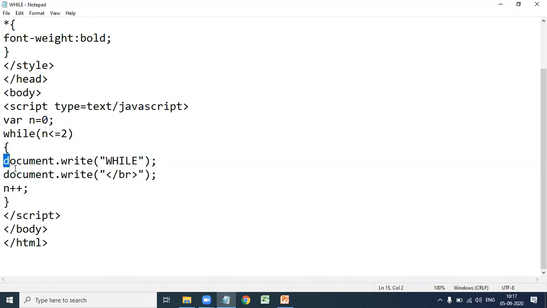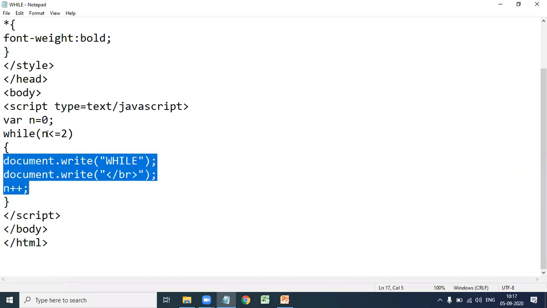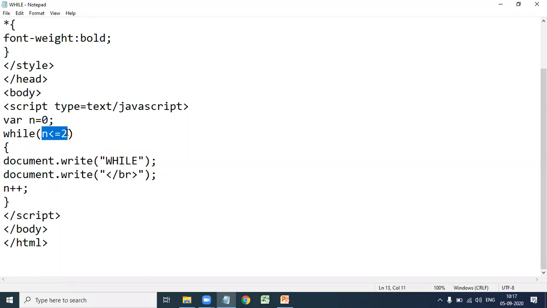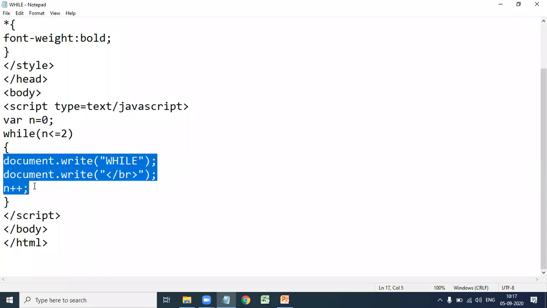So here, these statements are repeated until the condition is false. If the condition is false, then it stops the execution of these statements. That is, first n equal to 0, while; n equal to 1, while; n equal to 2, while; n equal to 3, the condition is false, so it stops the execution.